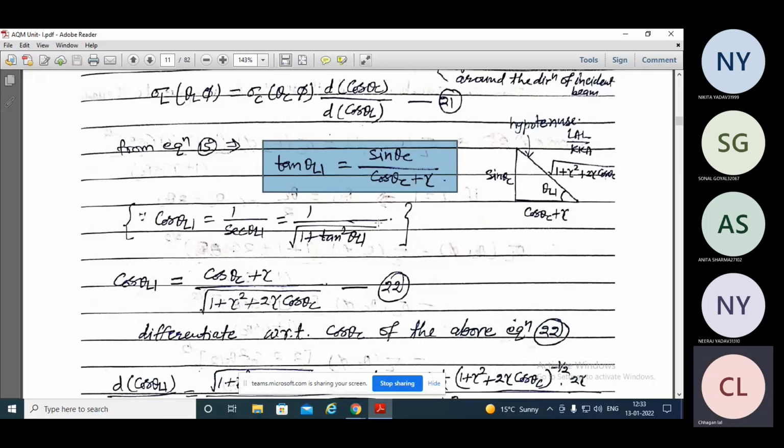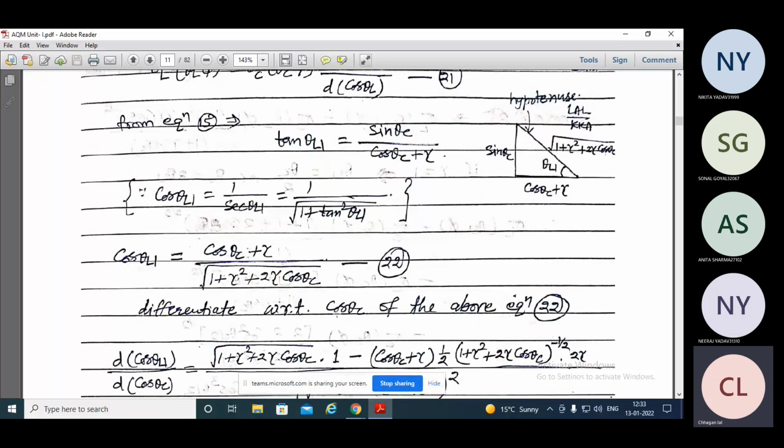आप खुद करके देख लीजिए। जैसे आप यहाँ पर ये टेन स्क्वायर थीटा L1 करेंगे, इसका मतलब कोस थीटा सी प्लस गामा, तो कोस थीटा सी प्लस गामा स्क्वायर होगा, उसका अंडर रूट होगा, तो ये ऊपर चला गया आपके पास। और जो नीचे डिनोमिनेटर में है वो ये टर्म बची थी, उस टर्म को आप लिखिए 1 प्लस गामा स्क्वायर प्लस 2 गामा कोस थीटा सी, एक्जेक्टली द सेम थिंग है। तो आप ऐसे भी निकाल सकते हैं, जैसे आपकी इच्छा हो।